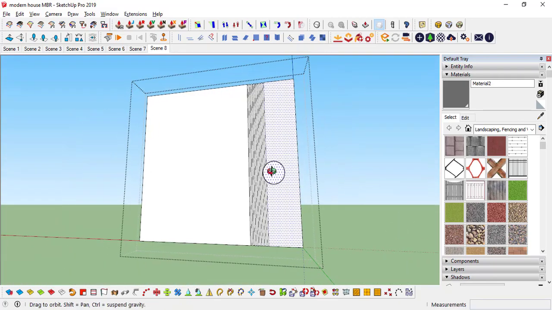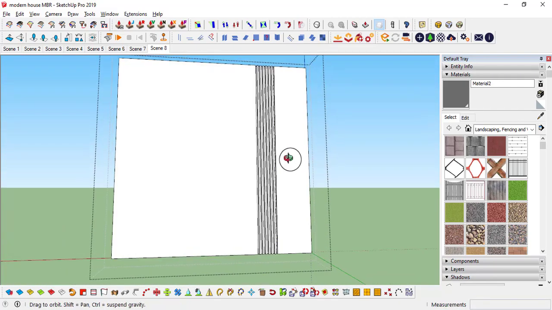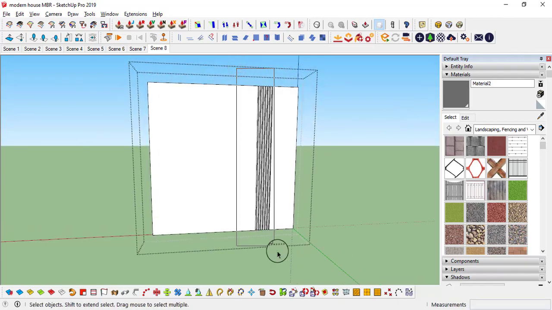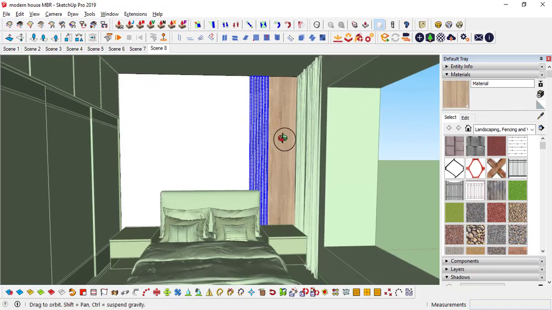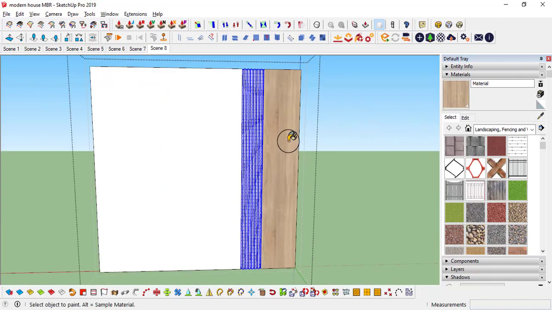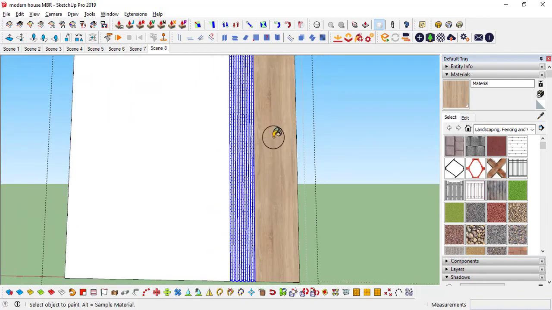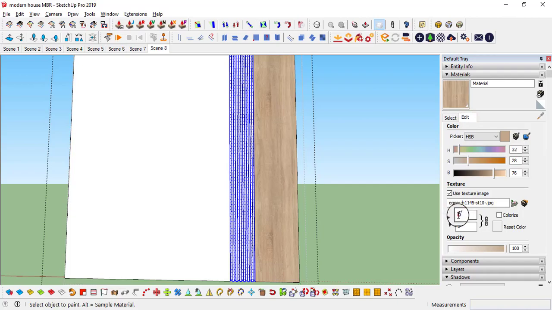So for this wood, and this is also for the wooden rafters, I want to separate these just for highlighting. I will sample this wood material and apply here. These grains are not visible, so I will decrease the scale to 5.